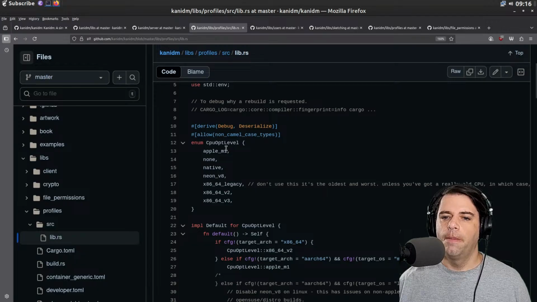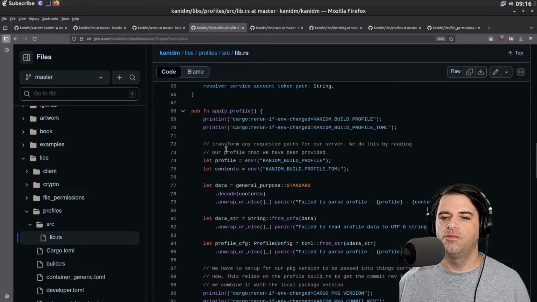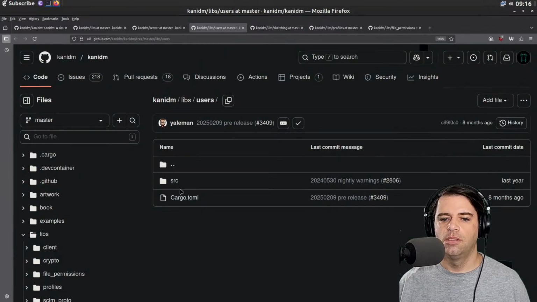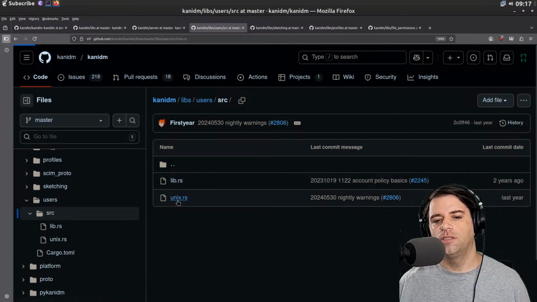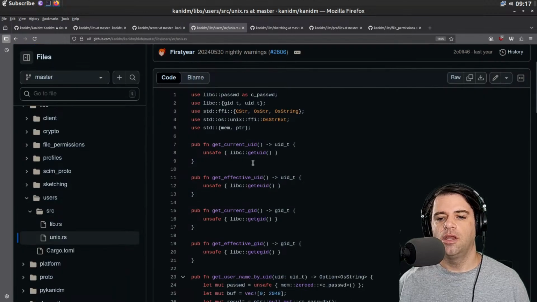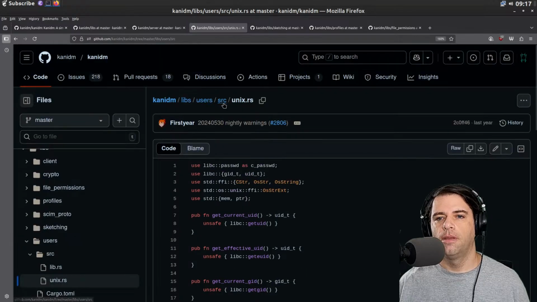CPU opt level. I think this is maybe about profiling in the sense of performance and not user profiles. Although users is in the sense of users. We have Unix and lib. Get current UID, get current GID. All right, it's not much here.